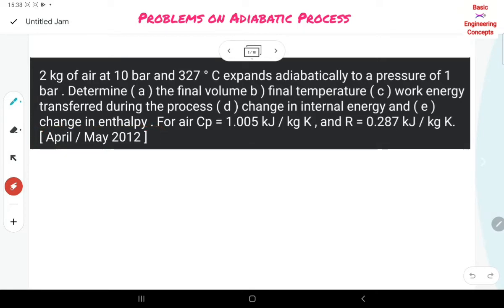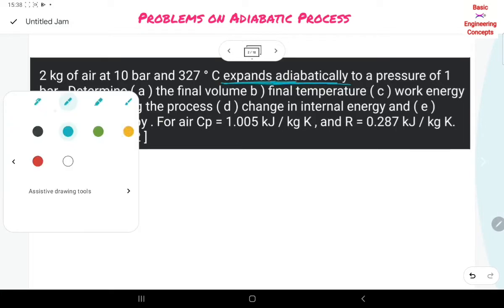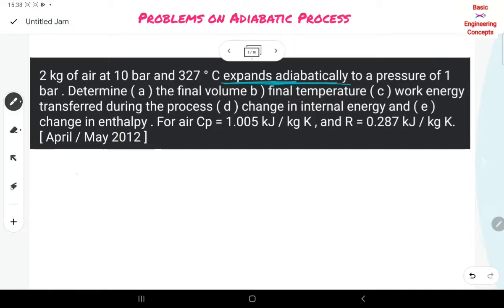It is clearly mentioned that it is expanded adiabatically. So what is the adiabatic process? The adiabatic process is represented with PV to the power of gamma is equal to constant. In the adiabatic process, all of you should remember the relations. That is P1 by P2 is equal to